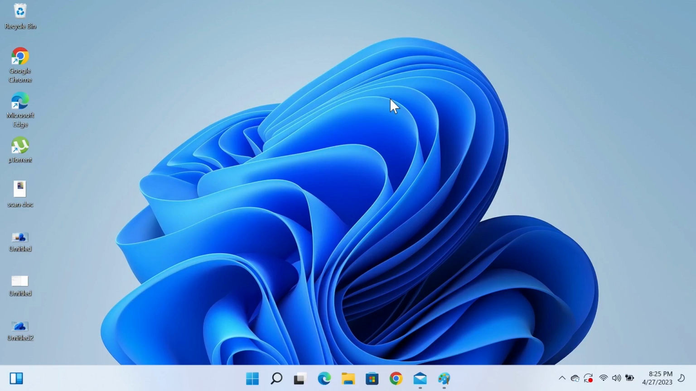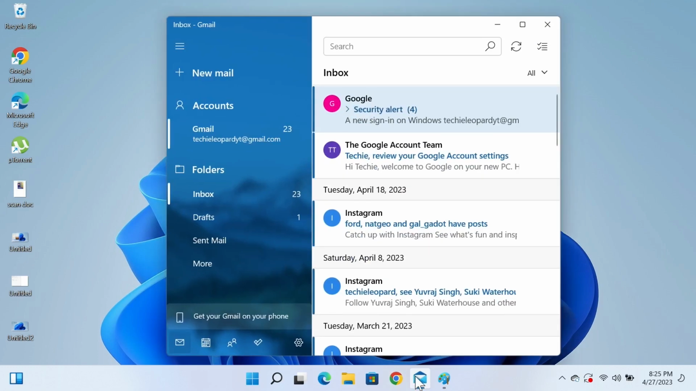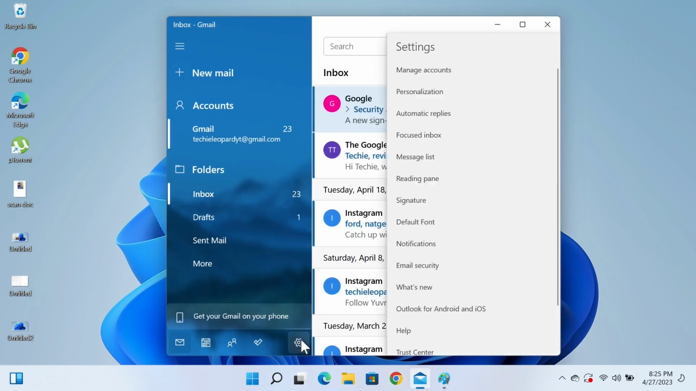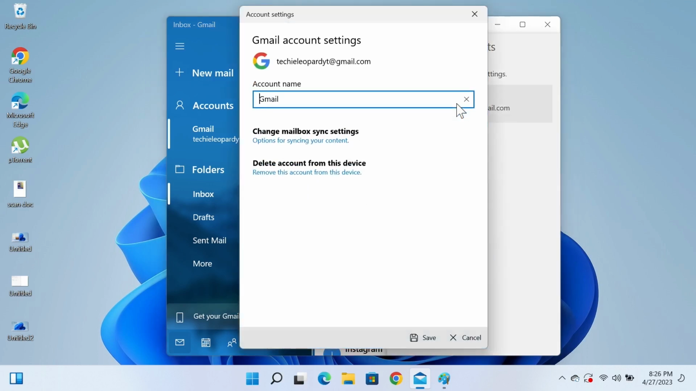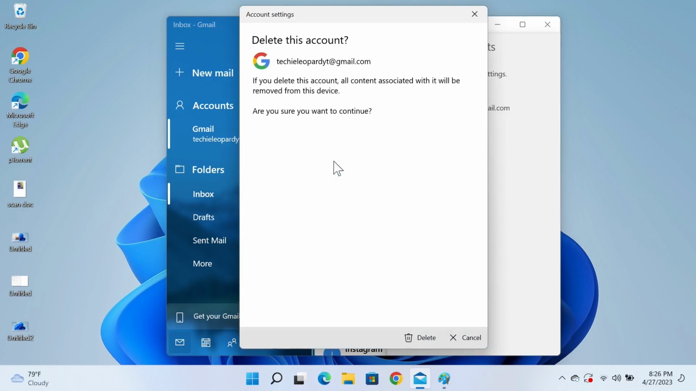Now the first thing you have to do is of course open the Mail app and then click on this gear icon from the bottom left. Now from here click on Manage Accounts and then select the account that you want to sign out of. Now from here all you need to do is just click on Delete Account from this device and then click on Delete from the bottom here,